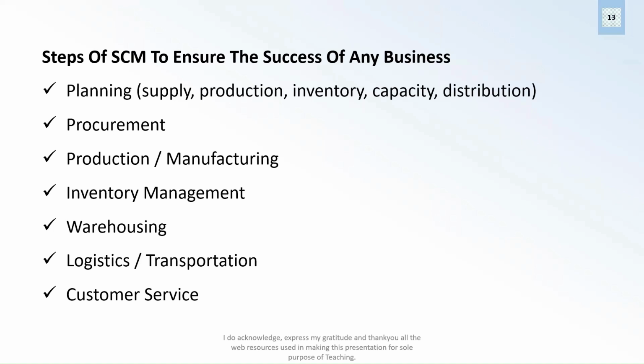Production and manufacturing is another step, along with inventory management. This is one of the things. For example, in Japan, the just-in-time concept is there, correct? That means when you want to manufacture the products, all the raw material or the ancillary products, the components required for manufacturing, reach you. Suppose you have a production plan for today, you will have that on board with you today morning. So it is being ensured that